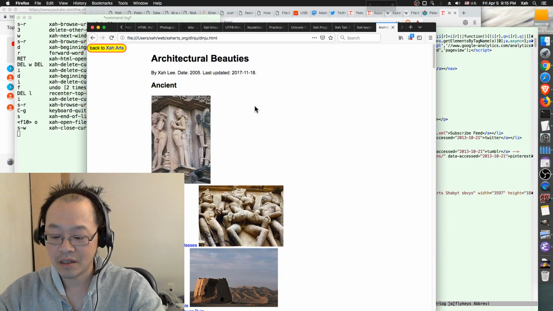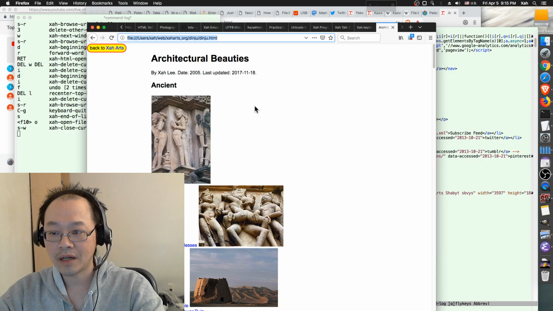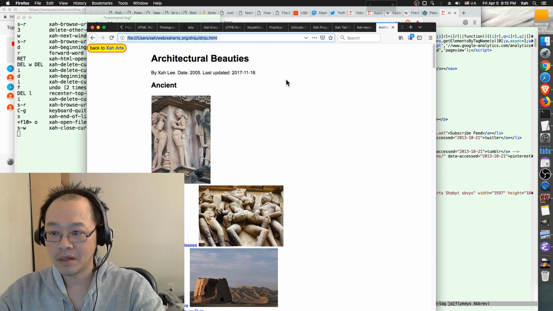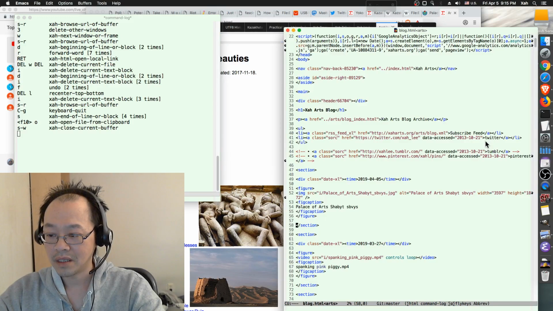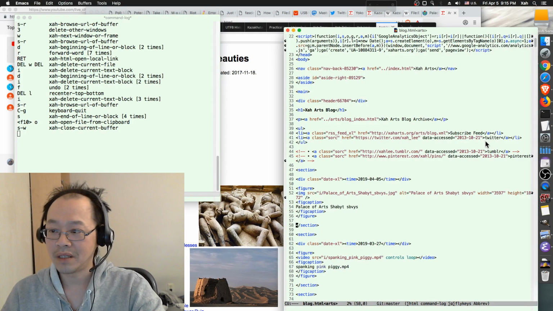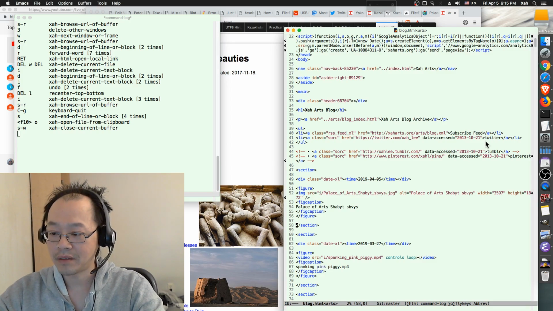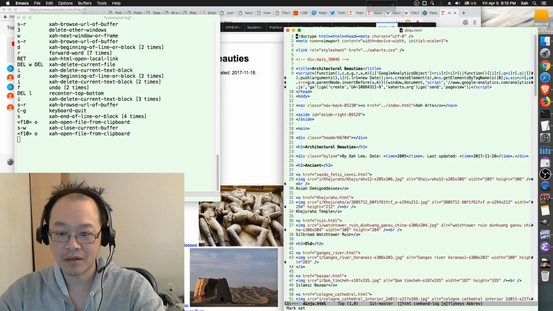Now let me show you another thing. So this is a local file. The URL you can see at the top. So I copy the URL. Go to Emacs. And I want to open that local file, so I can just do this command. Look at the left panel. It's opened. So that command is